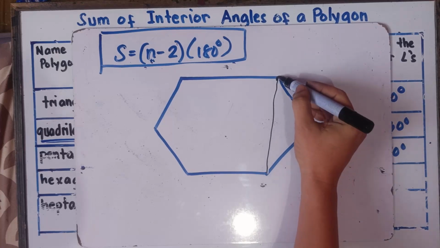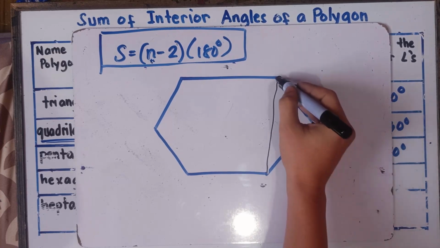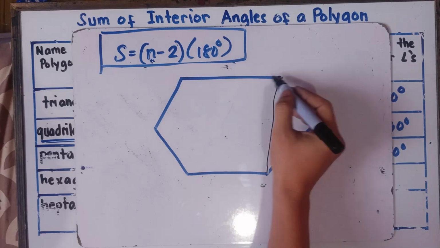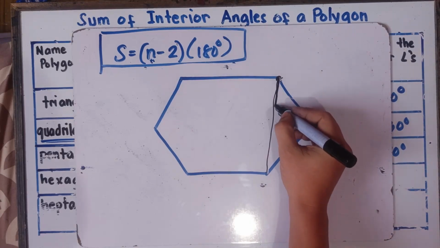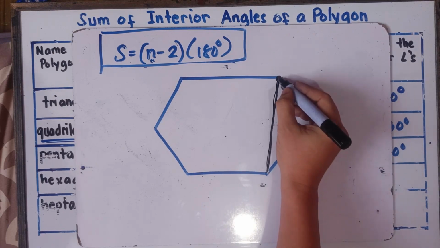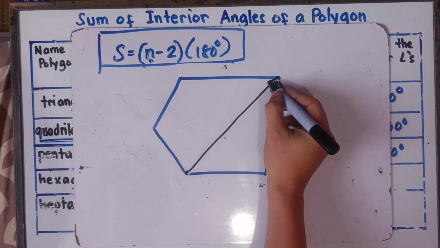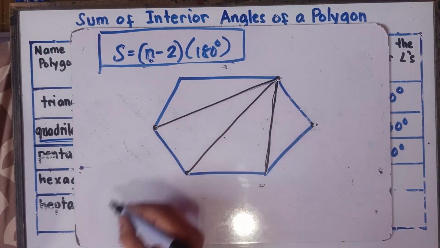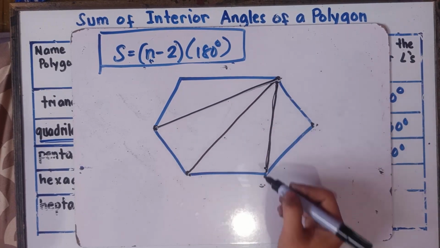Once again, class, you cannot draw a diagonal from here to here. Vertices next to each other, nope. This is not a diagonal. How about this one? Nope. This is not a diagonal, class. Next to each other, class. So this one and this one, yep, that would be okay. This one to this one, yep. Not next to each other. So this one to this one, and then this one.